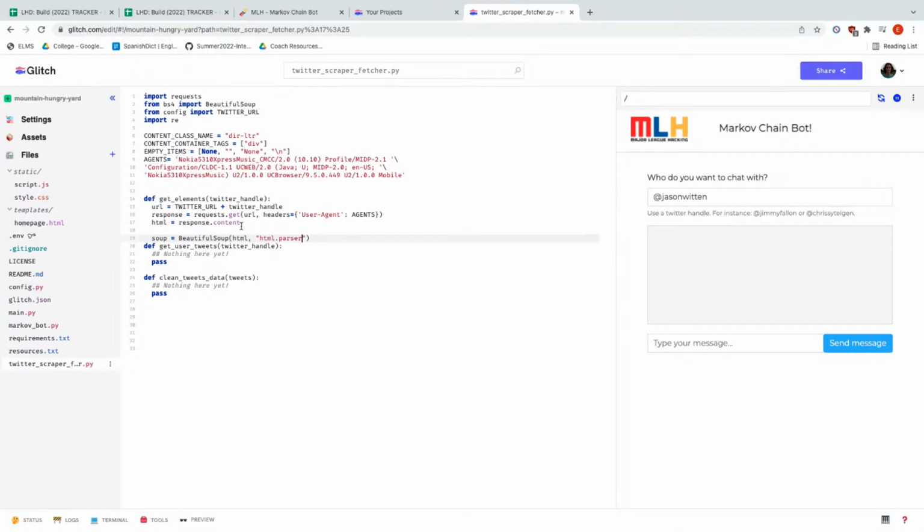In this line, we're creating a variable soup, which is a new BeautifulSoup object from the BeautifulSoup library, and we say that we want to analyze the HTML content we created on line 14.